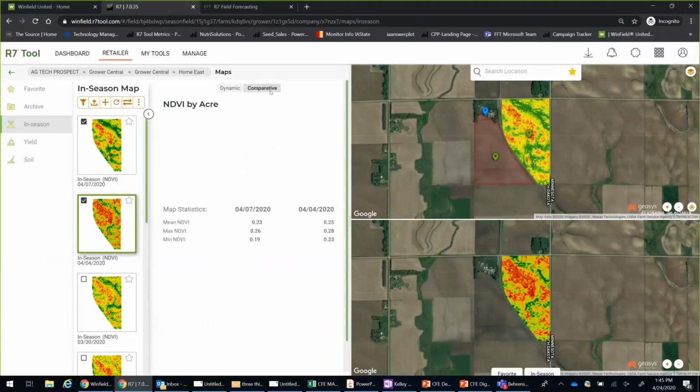Obviously, you're not seeing a ton of differences right now, and you can look at these views a little bit differently from this perspective. But you're able to utilize this a lot in season, and you can take a lot from that in conversation with your customer, especially when you might be doing trials in a field, you might have hybrid or variety differences, or different tillage practices this year. There might be specific cover crops on this specific acre too, or any different management strategy. So I wanted to show you that piece today.